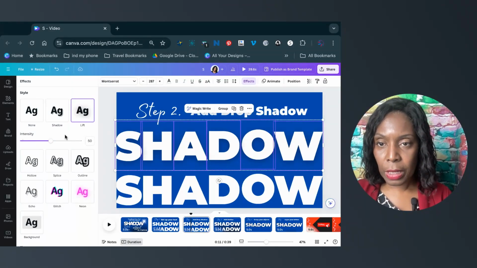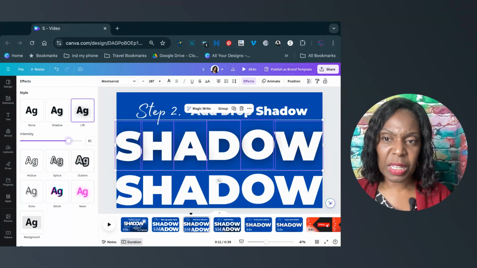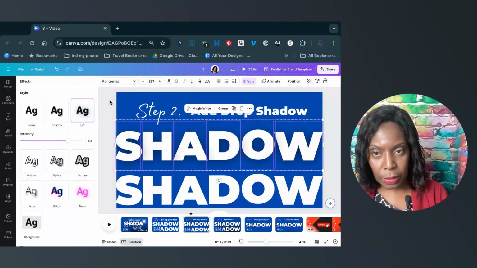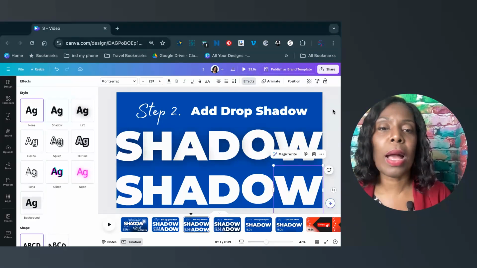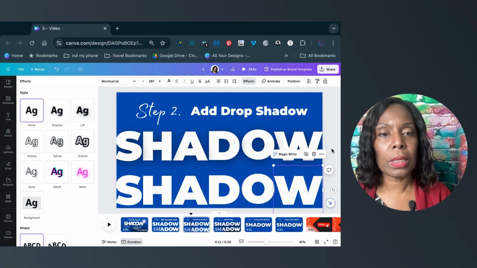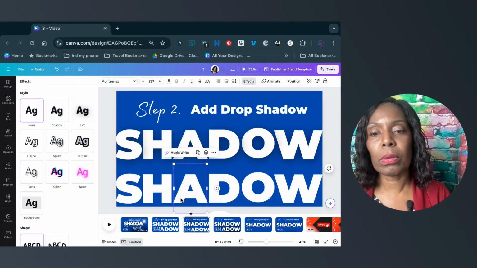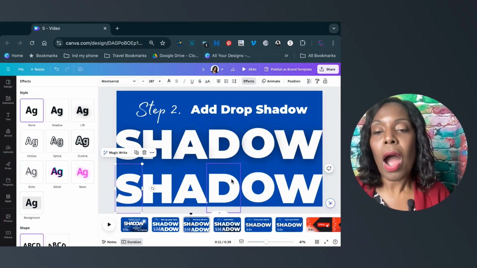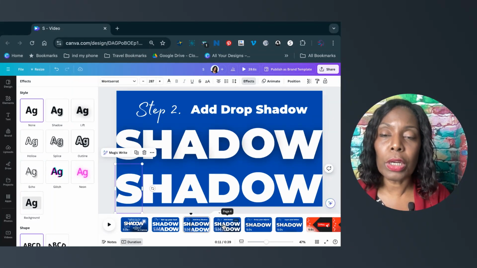So we have the lift, and we're going to bump this up to like 80. As you can see, this shadow is kind of showing now. And you have the ability to adjust the shadow to however you want it to be. Okay, let's see if we can get this off here. Okay, there we go. That just wants to be there, but you can see the shadow under there. All right. So now that we've done step 2 by adding our drop shadow, we're going to go to step